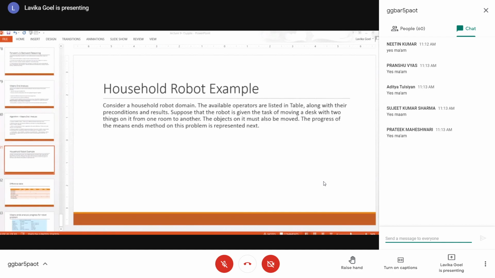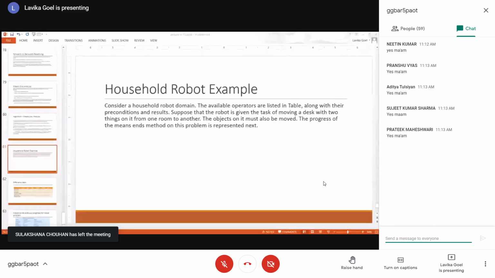The task is that there is a table on which two things are kept, and we have to move this desk, or you can say the table, from one position to another, basically from one room to another. The robot has to move the table, and it has two things on it. So first of all, the two things, the objects on it, must also be moved.